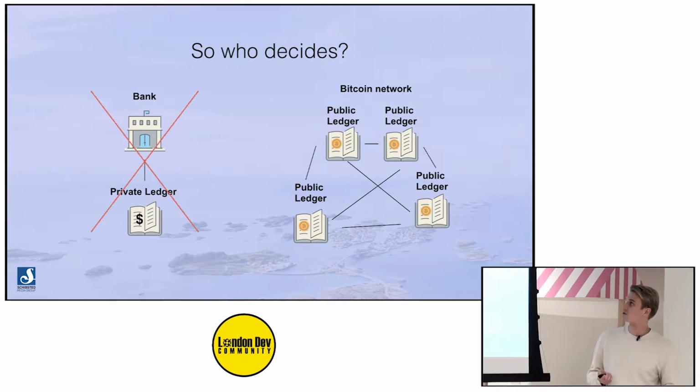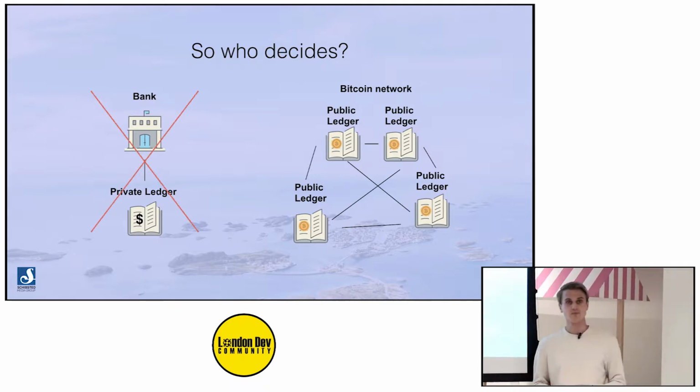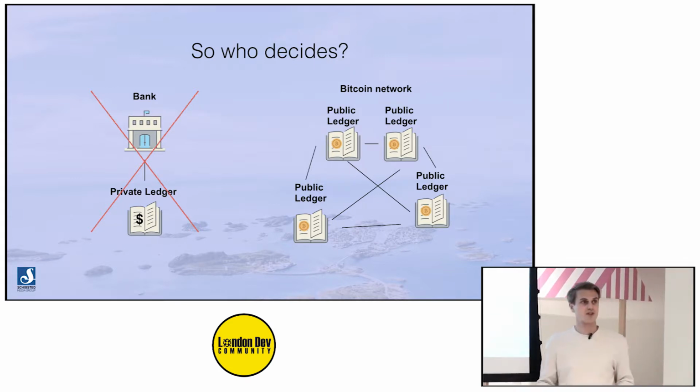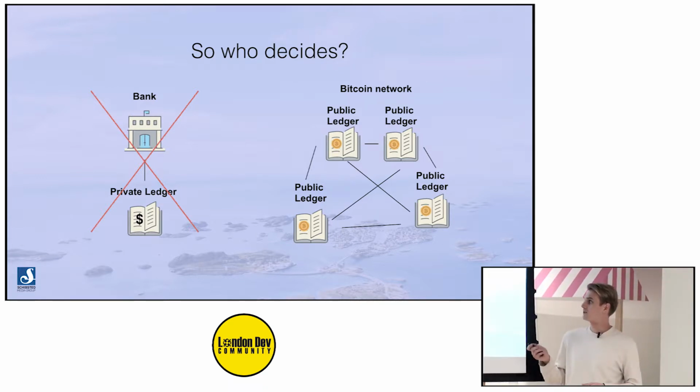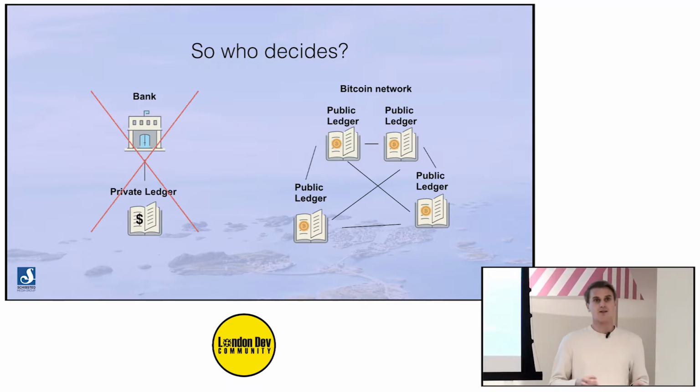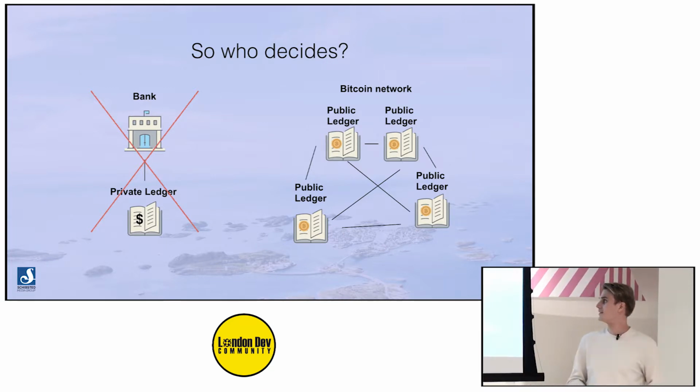So the question then becomes, who decides? Who decides what goes in that ledger? So for the banking world, the traditional banking world, you ask the bank. You say, hey, what's the truth? What's in the ledger? And the bank will tell you, and you will have to trust that they, as the authority, will give you the truth. While in the Bitcoin ledger and the Ethereum, that's an open list of accounts and values attached to those, which anybody can access and monitor and verify.